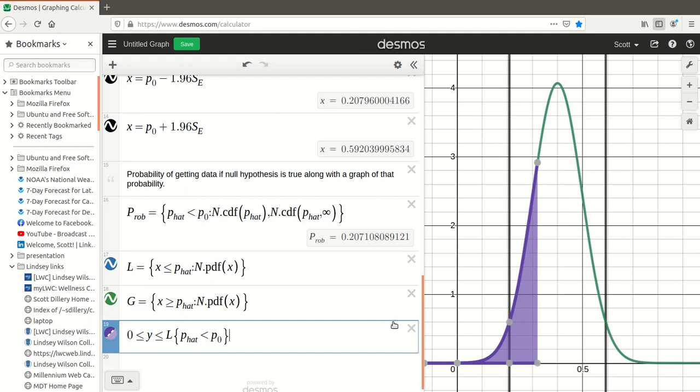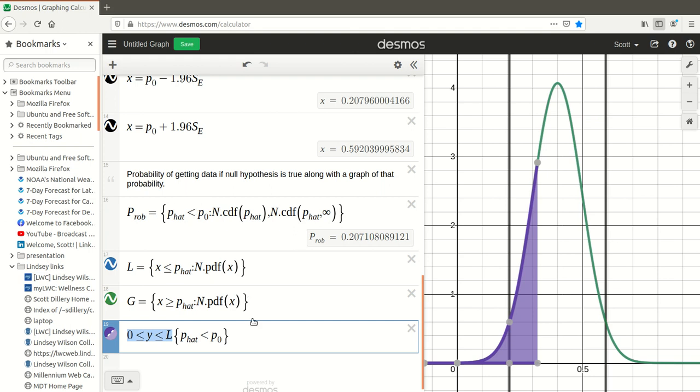So that's the L part. I want to fill that in, and that's what this is saying right here. So 0 is less than or equal to y is less than or equal to that L. So see, that's just filling that in, but I only want it to do it